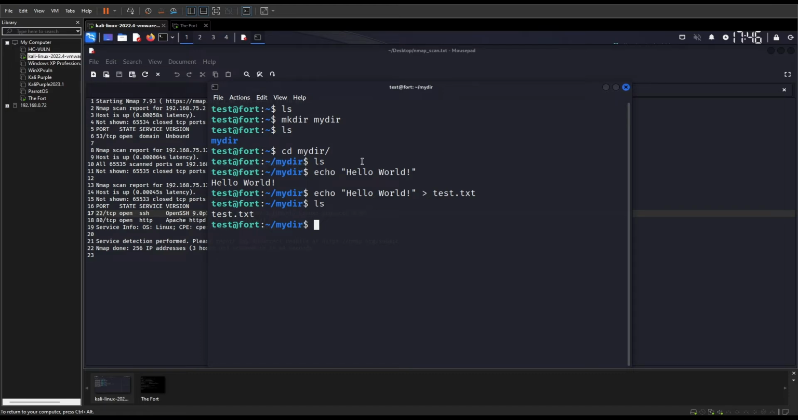And again, if I do one right facing chevron, it means it will actually create it. But say I want to append it, so I want to add this information to an existing file, then all I do is 2 chevrons, and that will basically append that particular file. So if I do that now,